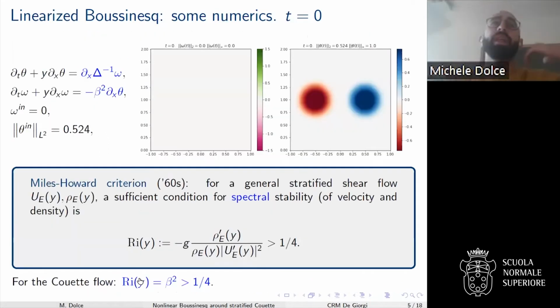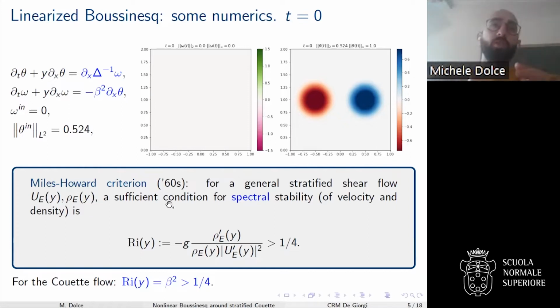Now, instead, let us move on and see what we do actually have for the Boussinesq system. And so I want to first show you some numerical simulation. In this particular case, I just want to perturb the density and assume that there is 0 velocity field, so 0 vorticity. And here I'm just putting 2 blobs of density, right? So this is positive and this is negative.